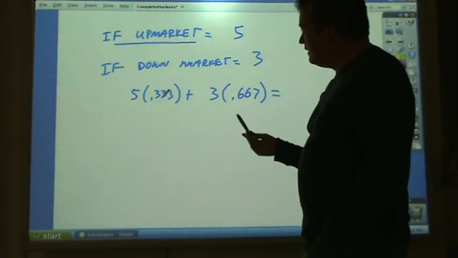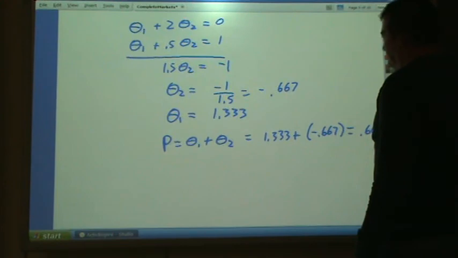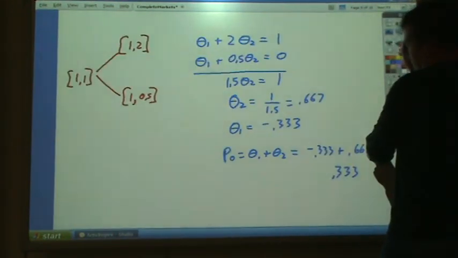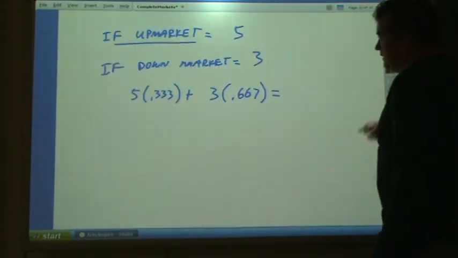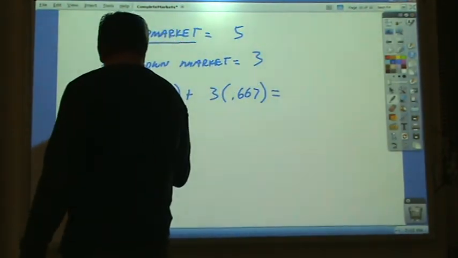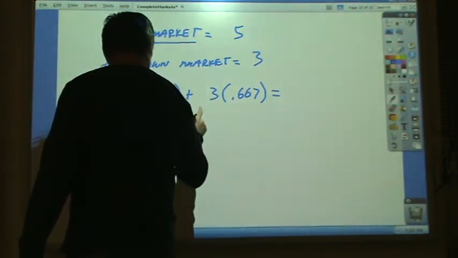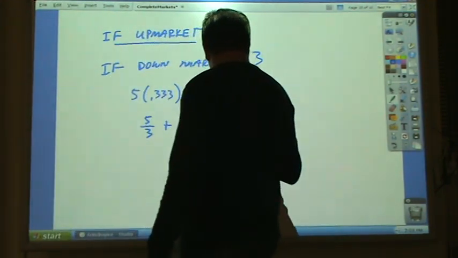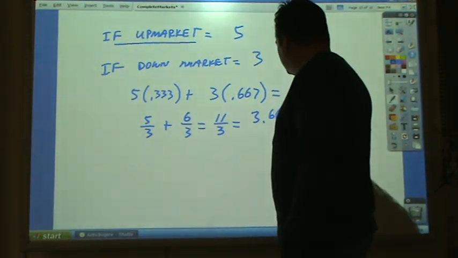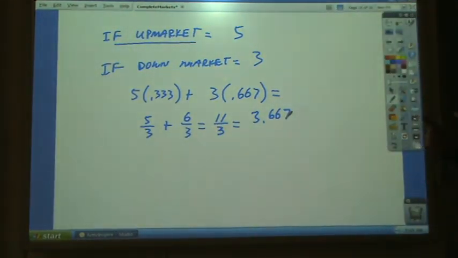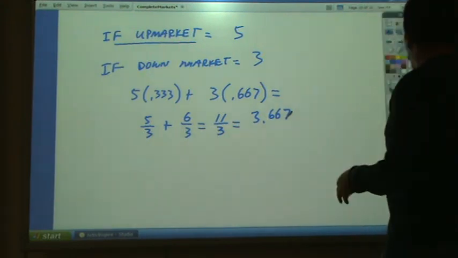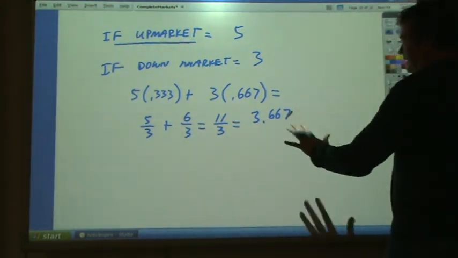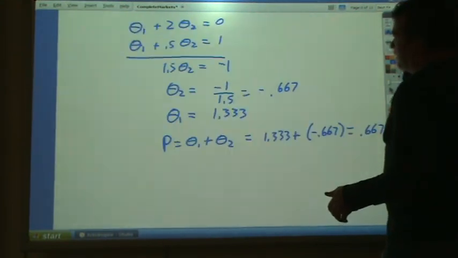So now, what were the prices? It was 2/3 for the bottom one and 1/3 for the top one. So this would now be 1/3 of 5, so it's 5 over 3 plus 6 over 3 equals 11 over 3, which is $3.67. So we could pay $3.67 right now and get the payout that you wanted. This arbitrary payout that was just kind of made. For $3.67 right now, you can get a payout